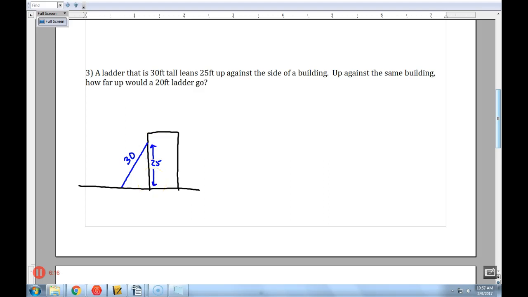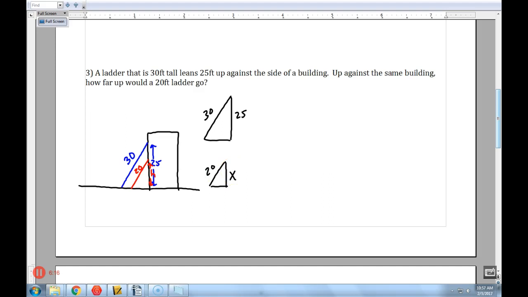Up against the same building, how far up would a 20-foot ladder go? So a 20-foot ladder, and we're going to assume that the angle is the same. There's usually a safety standard for the steepest angle that you can have a ladder go up to, and it usually has that printed on the ladder. But I'm going to just draw it in like this. So we have a 20-foot ladder, and then we need to find this little height for just this piece. And if you prefer, you could separate those two. You know, just basically draw triangles. You don't have to redraw the whole building, but 30-foot ladder goes up 25, 20-foot ladder goes up how much,